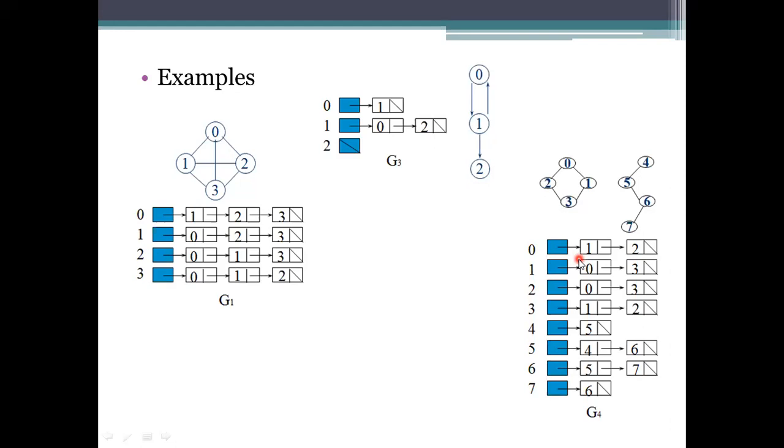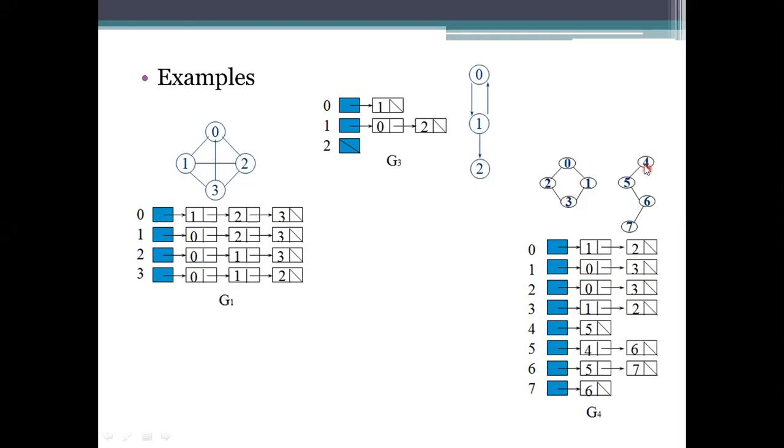Double of that means how many edges are there? 4 edges are there. How many representations have been done? How many edges have been considered here? 1, 2, 3, 4 and 5, 6, 7, 8. So we plotted 0 to 1 and 0 to 2. And again this link or edge is stored in this list, 1, 0. 0 to 2, we stored it again for the vertex 2, 2 to 0. Likewise, we are repeating.